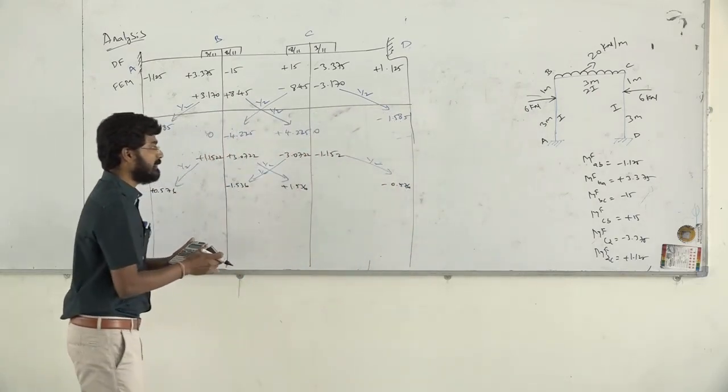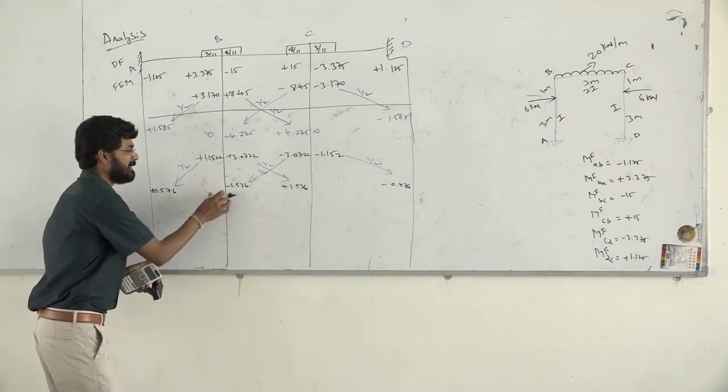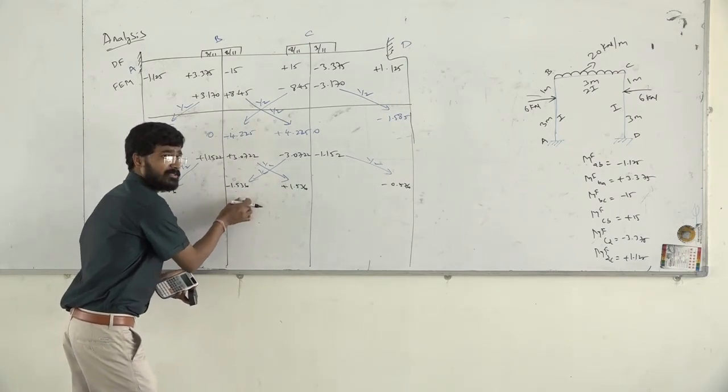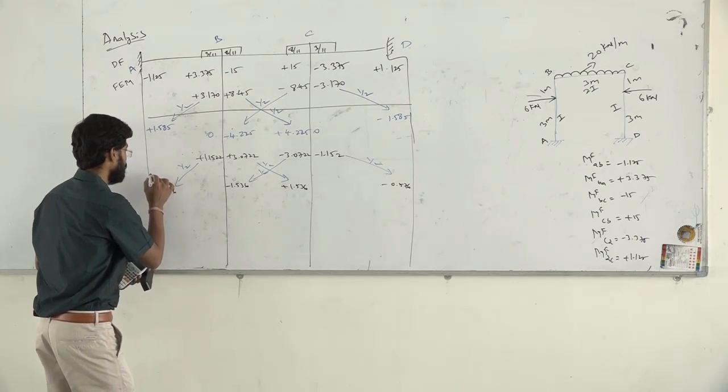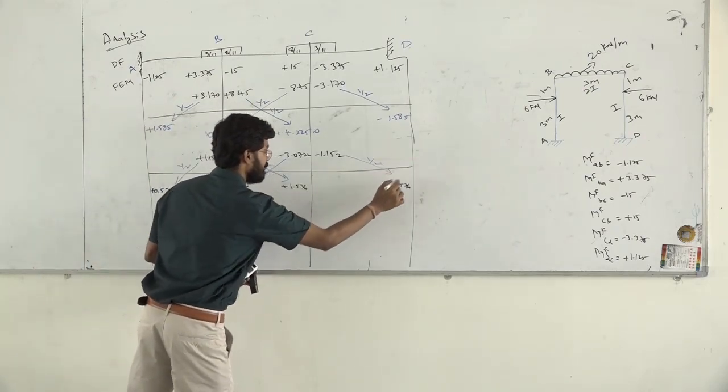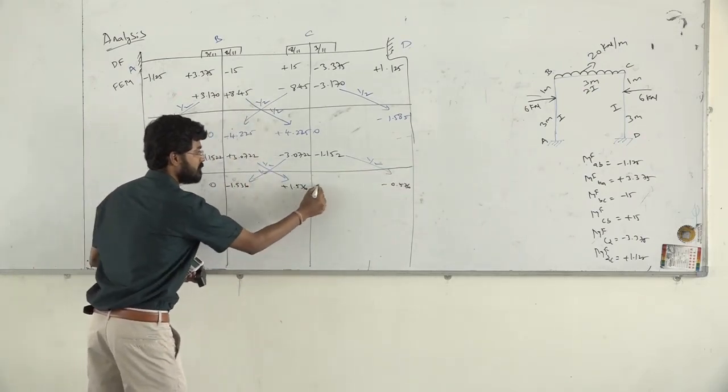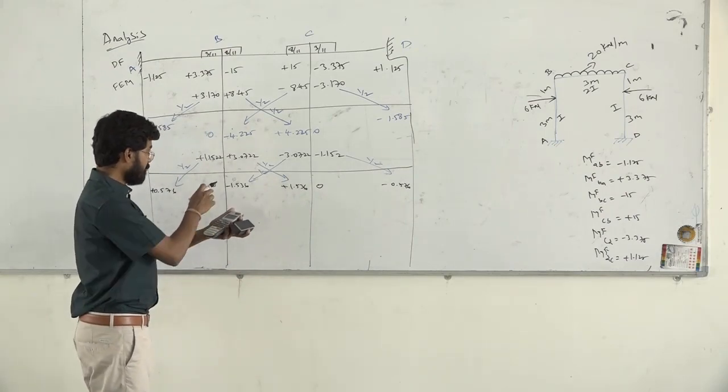Whatever iteration we have got, it has to be continued till we get 0.0, 0.1, something. Till that value you can repeat it. Now this is our step. This was our second iteration. Now again we have to continue. This was 0. This is again 0. Then we have minus, so plus